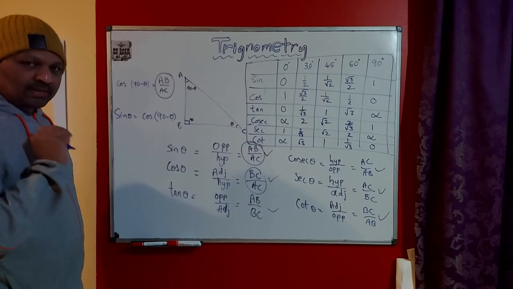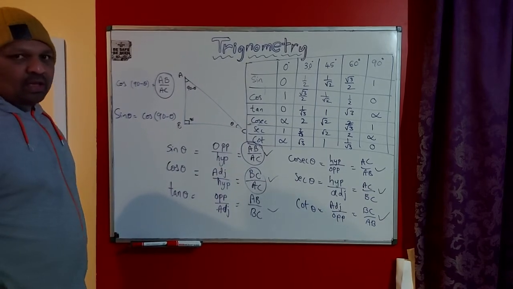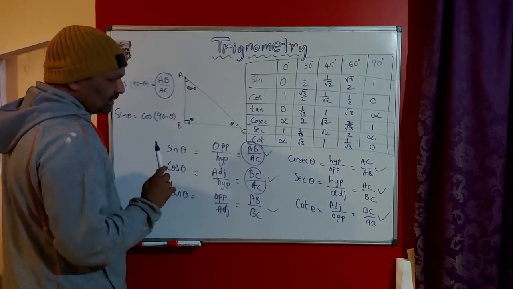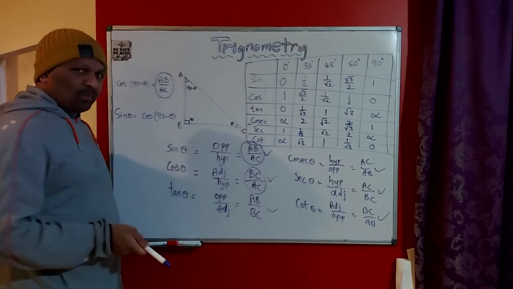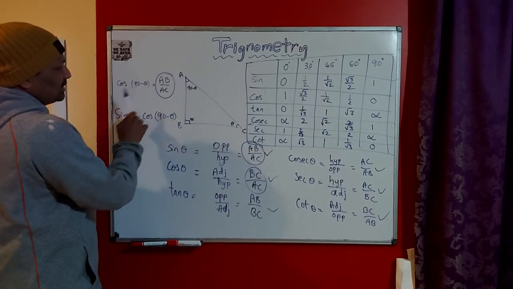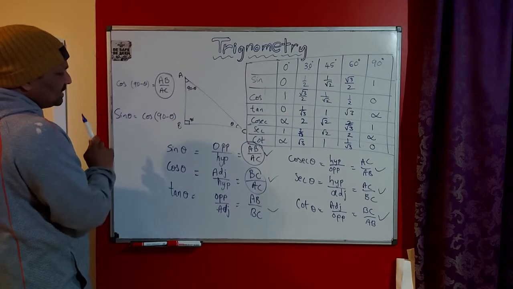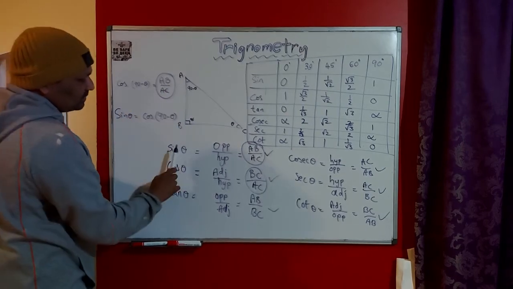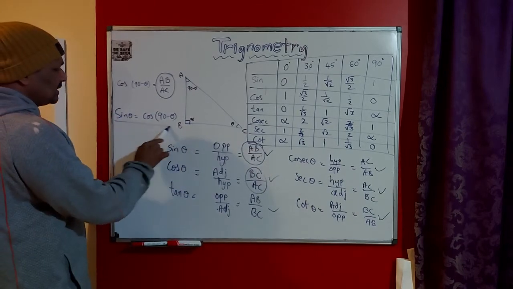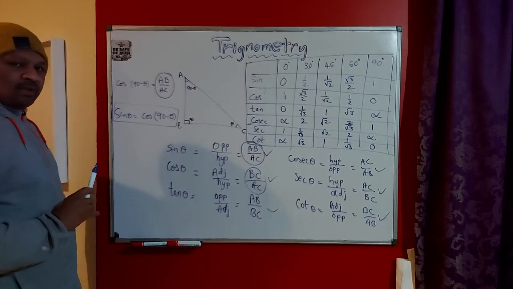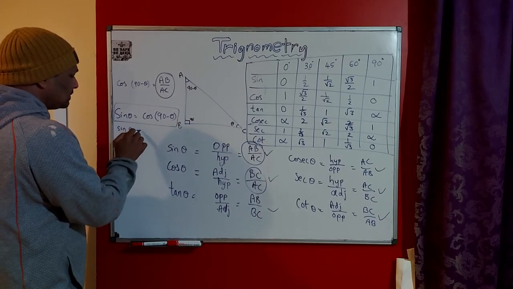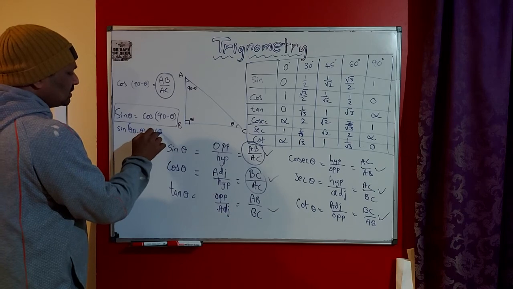If the sum of two angles is 90 degrees, those two angles are said to be complementary angles. Here theta is one angle in this right angle triangle. The complementary angle for theta is 90 minus theta. So for cos 90 minus theta, the ratio is AB by AC, which is also the sin theta ratio, AB by AC. Hence, we can say sin theta is equal to cos 90 minus theta. Similarly, sin 90 minus theta is also equal to cos theta.